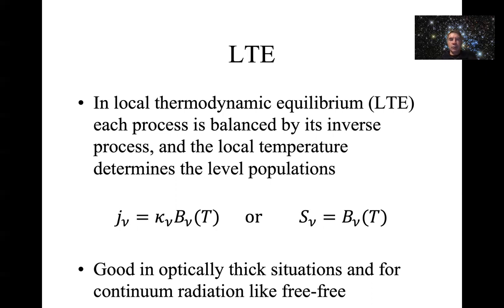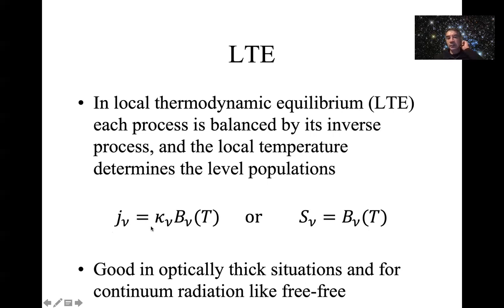So we often have to seriously consider for spectral lines whether we are in this situation where we can assume this concept of local thermodynamic equilibrium. And it's quite a stern test. So it means that each process is balanced by its inverse process. Like, radiative excitation is balanced by radiative de-excitation, collisional excitation balanced by collisional de-excitation, photoionization balanced by recombination, et cetera, et cetera, et cetera. Okay, so all of those processes have to be in balance and in equilibrium for this to be true,